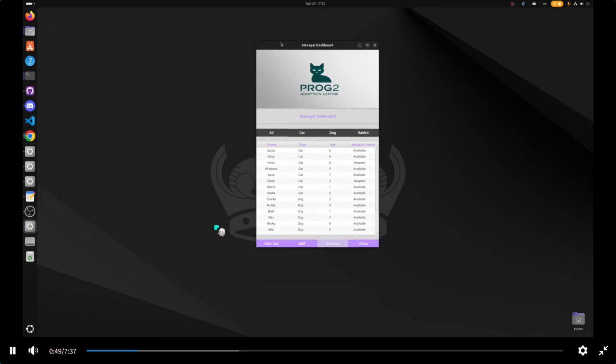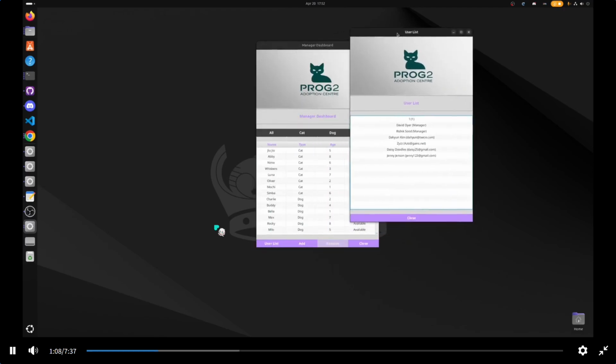The manager dashboard is formatted exactly like this, including 4 buttons for filtering the table view, and a table view that displays all of the animals inside the adoption center, regardless of their adoption status, with a column for each of its respective properties. If the manager opens up the user list, it should open up a new window, which